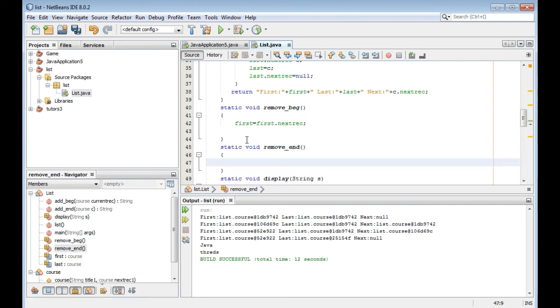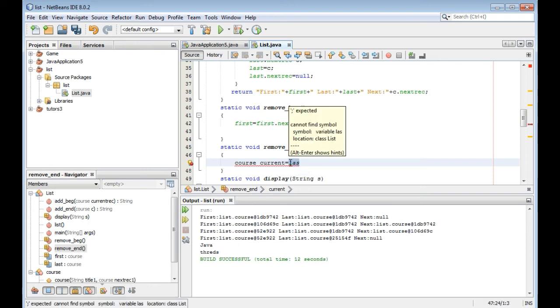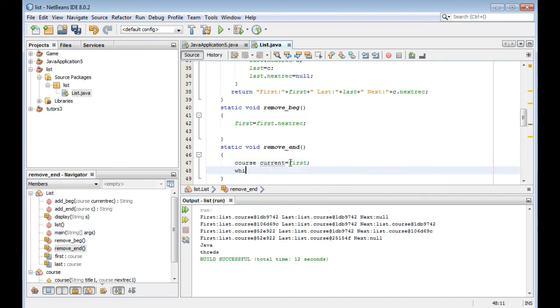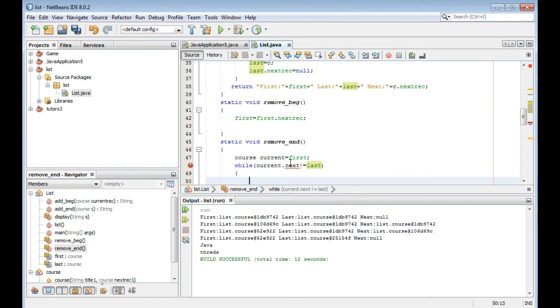If I call it again, remove from the beginning, and we compile it, now we have two records. So two records have been removed from the beginning.